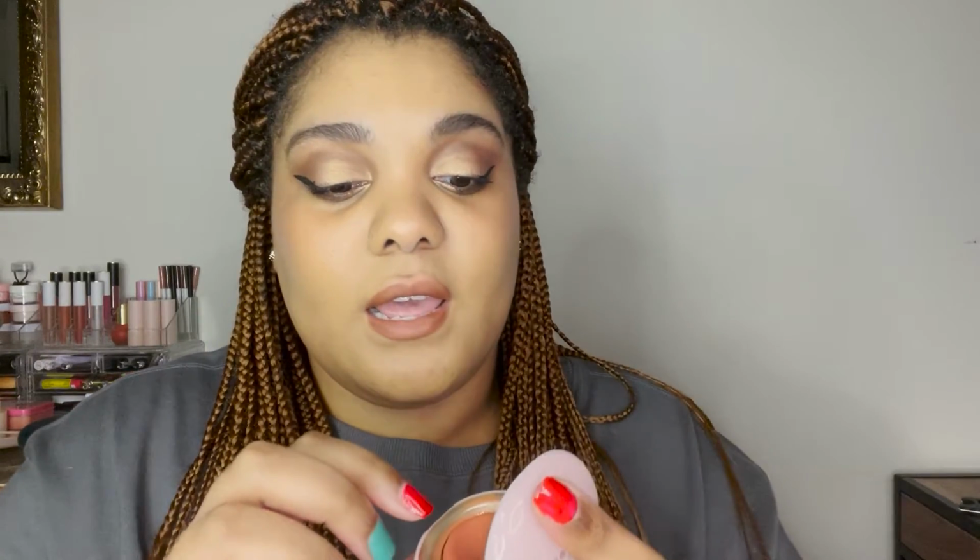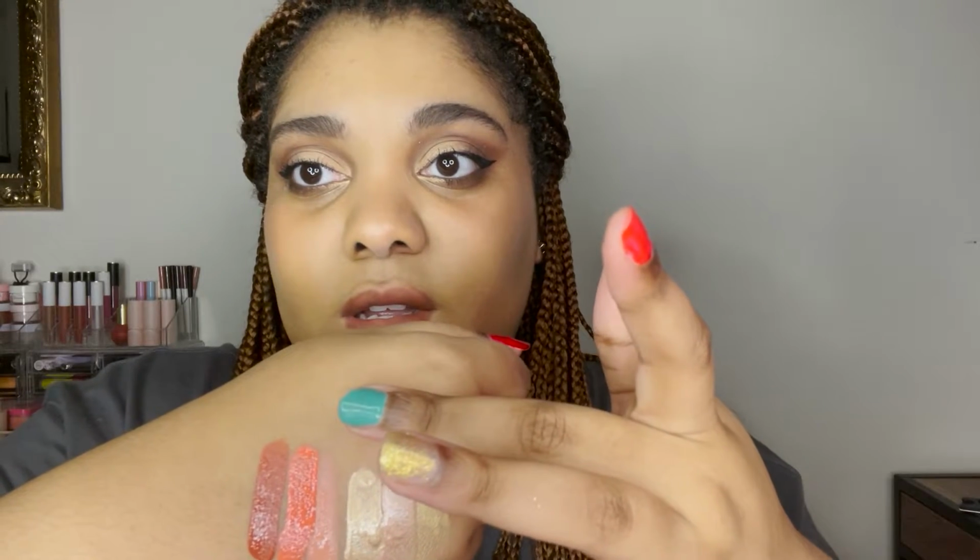And lastly, it's a different formula. This is one of their melting blushes that go with the liquid eyeshadow, the Nearly Apricot shade. I got the matching blush for it. And this is like a cream to matte formula. So I'm just going to swatch it here in the pan. So you can see here it's on my finger. And then let me just...